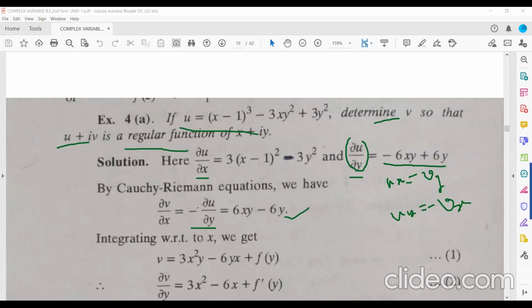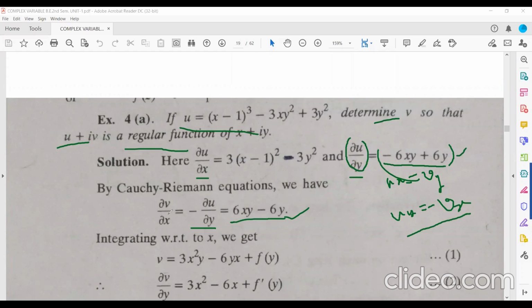Now see here. This method is somewhat different. This is not the MT method. This is a different method. Here u is given. So how will you get v here? Very simple. To find v, first you differentiate u with respect to x and then with respect to y. You can easily do that. Then use the Cauchy-Riemann equation. You know del u by del y equals minus del v by del x, so del v by del x equals minus del u by del y. Del u by del y you already know, so substitute that value here. So you got del v by del x.